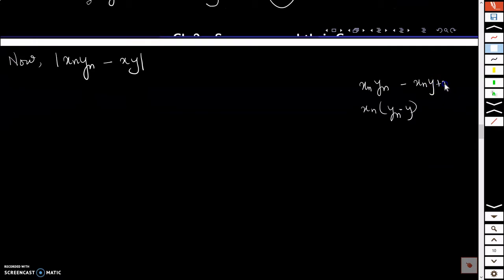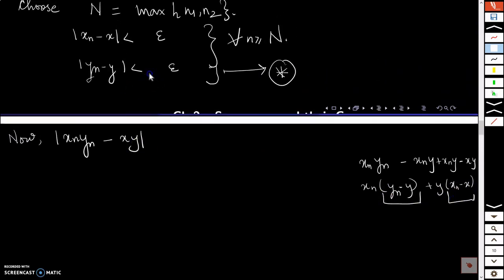So let me add that x and y, and minus xy is already there. So from here, if I take y common now, I'll end up with x and minus x, and I'm getting both these quantities, x and minus x and y and minus y, whose estimates I already have, right? So this tells me that I need to add this term and subtract this term. Okay, so this is my rough work. Let me keep this aside.